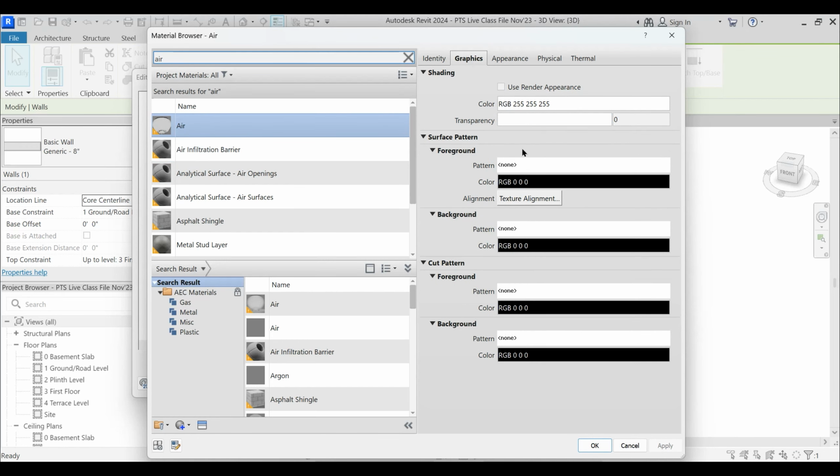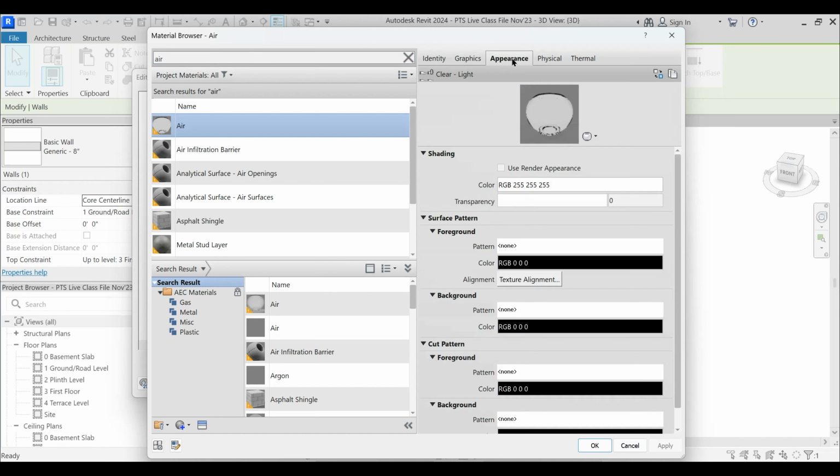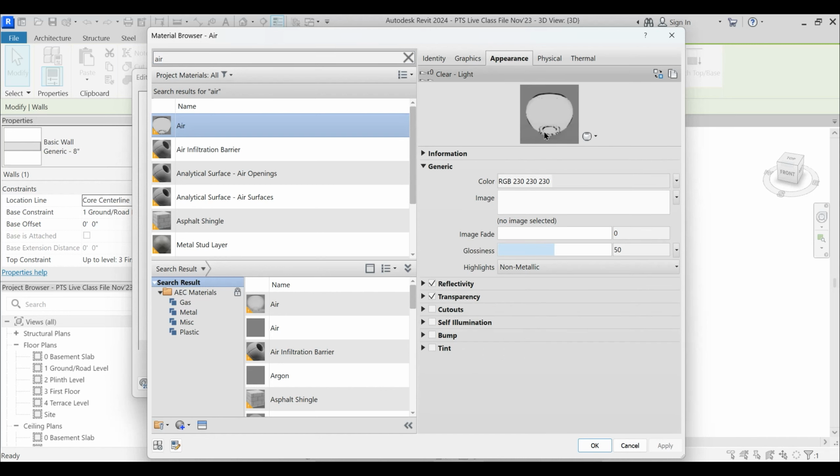You see that under graphics also you have everything none, and under appearance also this is the material that has been applied to it. Okay, this is the color and the glossiness has been given to it. Reflectivity, transparency. Okay, air and air infiltration barrier, all of that are same.